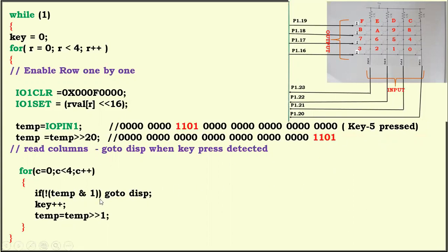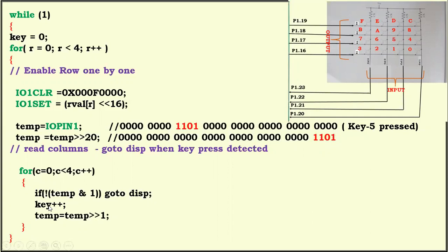Therefore now we have to repeat the same steps. So what is the status of key? The key contains 4. Then here c equal to 0, c less than 4, true. It comes here. Then temp. What is the value of temp? The first bit is 1. The 1 into 1 is 1. That becomes 1. Whole thing is 1. 1 means true, not true, false. It won't execute this. Increment the value of key.